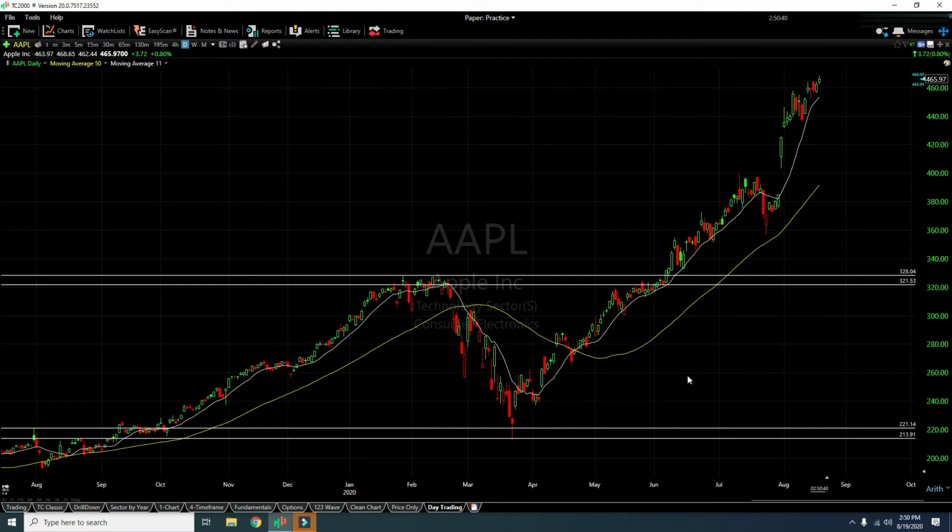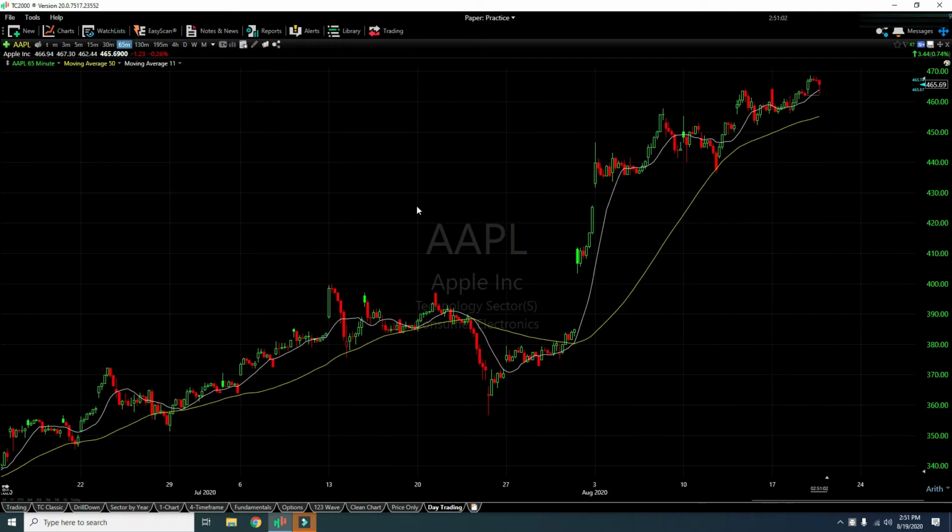There is no specific rule as to whether you should use 11 or 50, or one versus the other. It's all about personal preference and what kind of trader or investor you are. So let's take an example of an 11 period moving average to start with. If you look at this chart, this is a daily chart. Let me switch to an hourly chart.